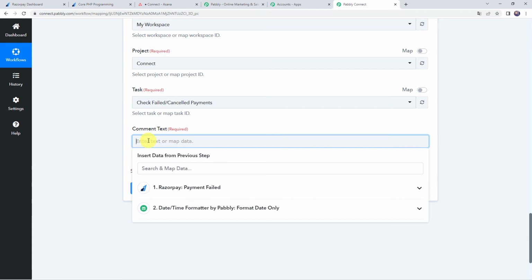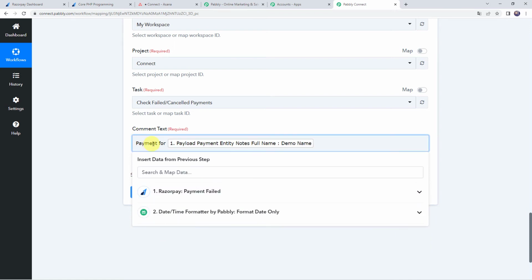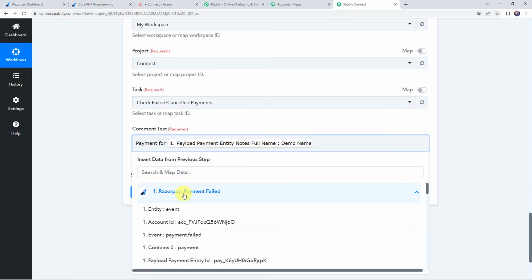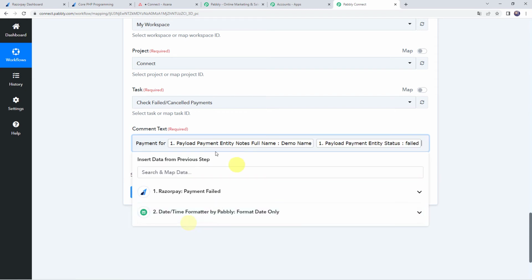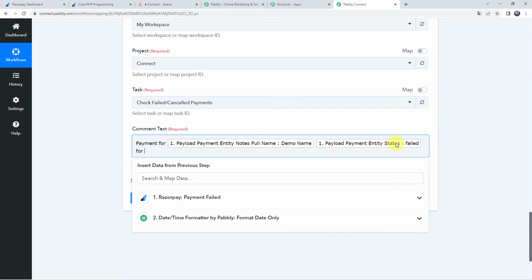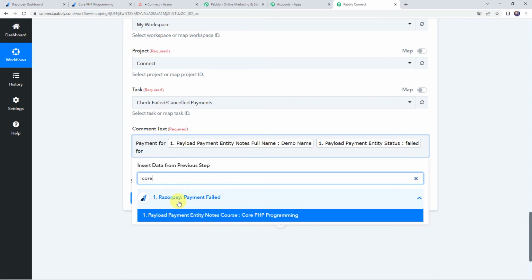So here I'll be adding the comment as payment for, and here we'll be mapping the customer name that we have got from our Razorpay trigger response. The customer name was demo name. Payment for demo name, and here I'll be adding the payment status as failed. So payment for demo name failed for, and here let us map the product name as core PHP programming